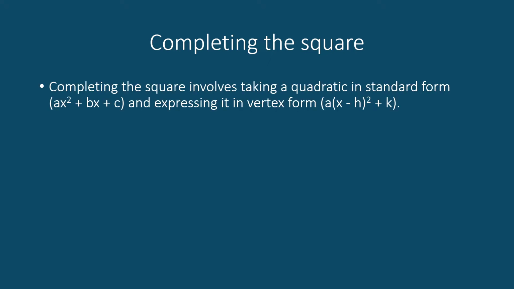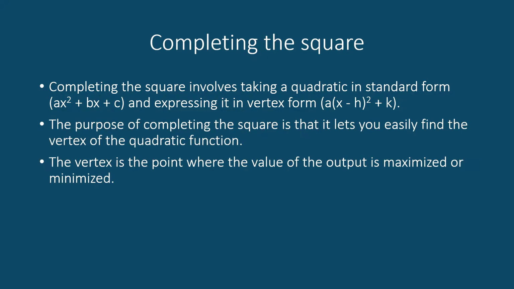Today I will be talking about the concept of completing the square. Now what is completing the square? Completing the square involves taking the quadratic in standard form and expressing it in vertex form. The goal is to express ax squared plus bx plus c into the form a bracket x minus h squared plus k. The purpose of completing the square is that it lets you easily find the vertex of the quadratic